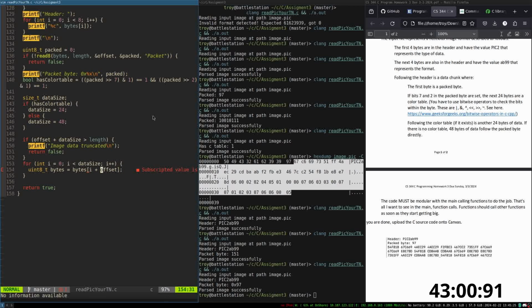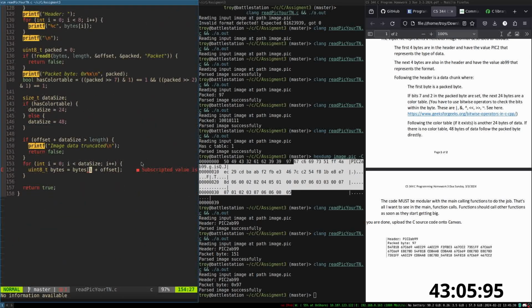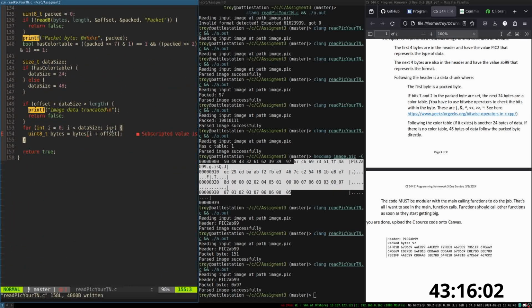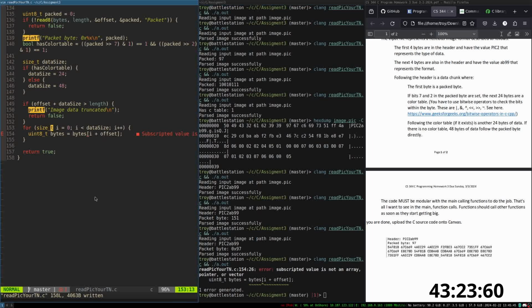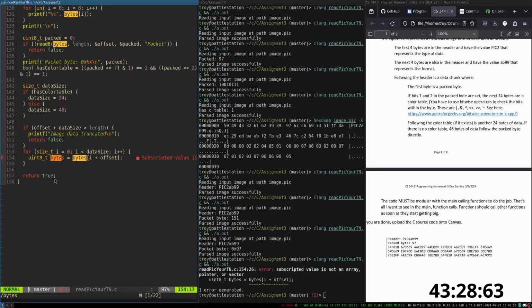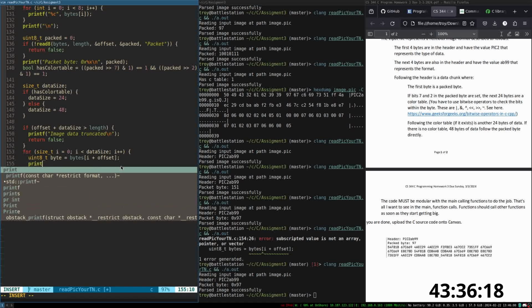It looks like this is offset, is that a pointer? No, it's not. Okay, why are you complaining then? Subscripted value, bytes. Is it buff? What did I call it? No, it's bytes. What are you talking about? Let's call it size T. I'm doing something dumb here. Oh, you can't have a different name. Okay. Yep. So we're loading each byte. That looks correct. Now we're going to printf